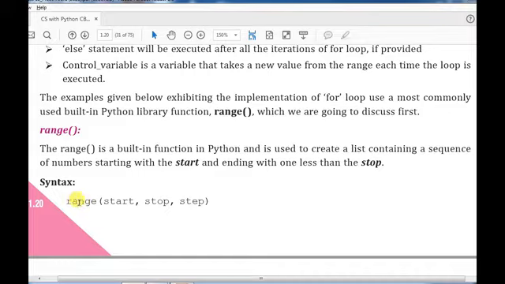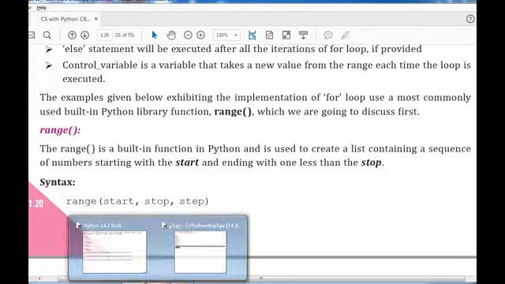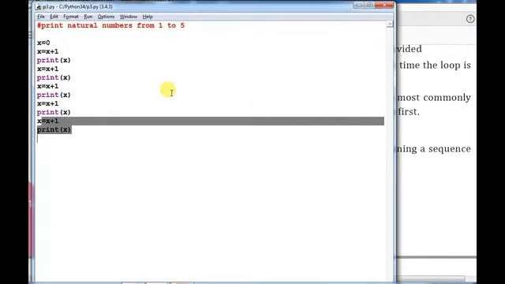So this is the range syntax: range is start, stop, and step. Suppose you pass only one integer value, it will generate 0 to n minus 1. Here n is the number, or I will show you how this works.